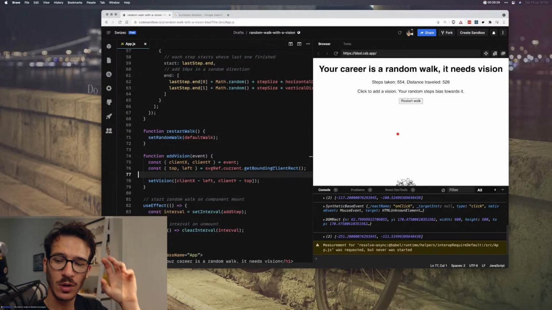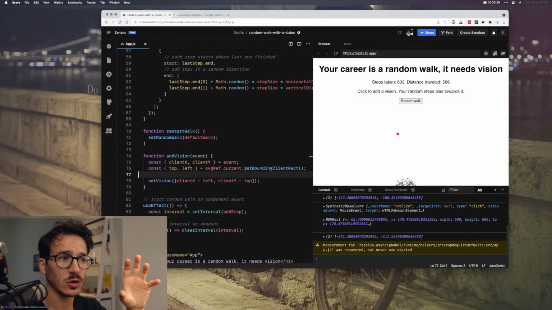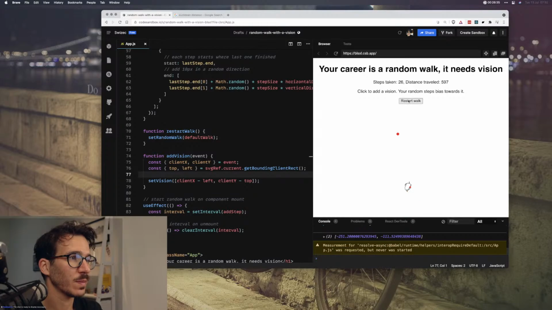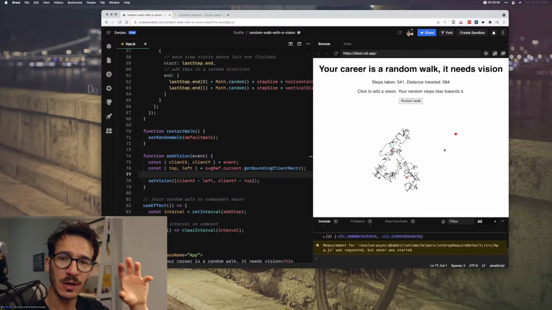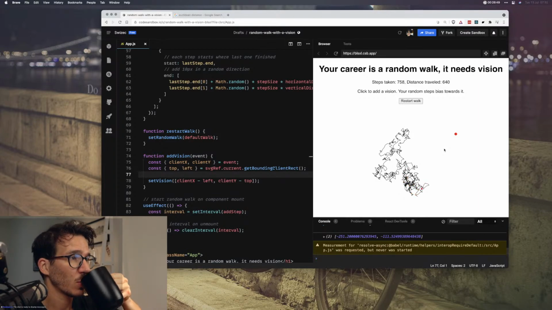We can now place a vision on the board so that we have somewhere that we want to go, right? Cool. Now, the next step is making our random walk biased so that it tries to go towards that direction.